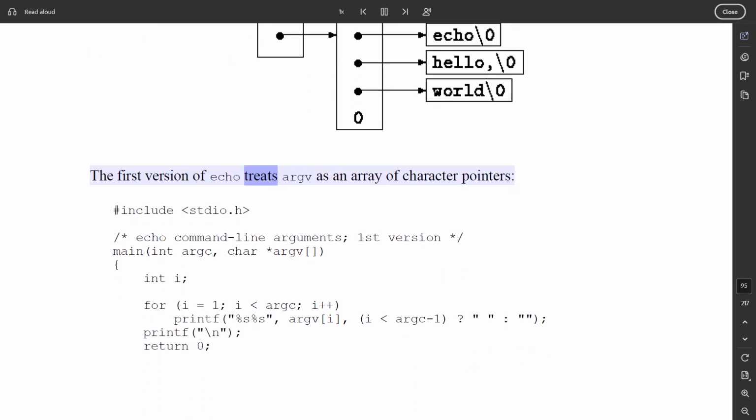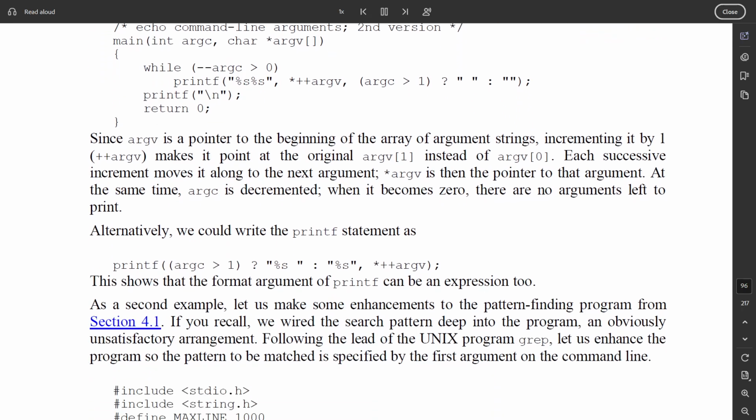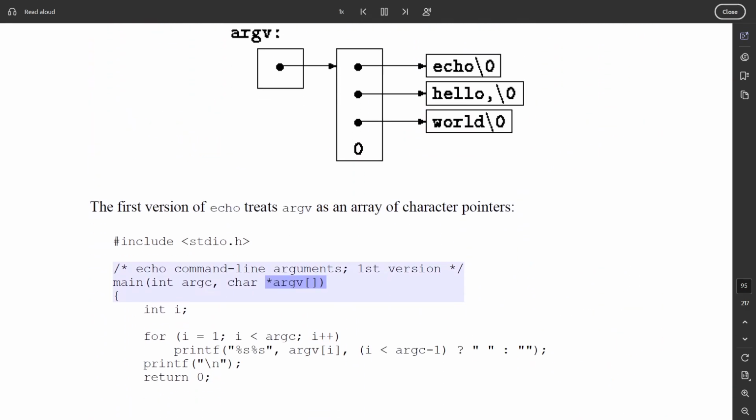The first version of echo treats argv as an array of character pointers. #include <stdio.h> /* echo command line arguments; first version */ main(int argc, char *argv[]) { int i; for (i = 1; i < argc; i++) printf("%s%s", argv[i], (i < argc-1) ? " " : ""); printf("\n"); return 0; }